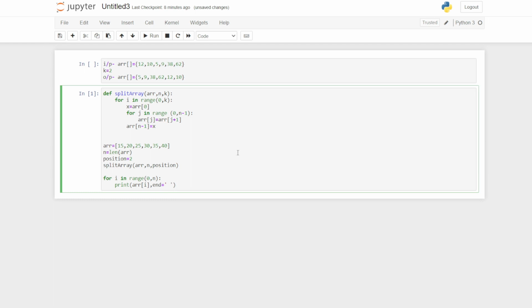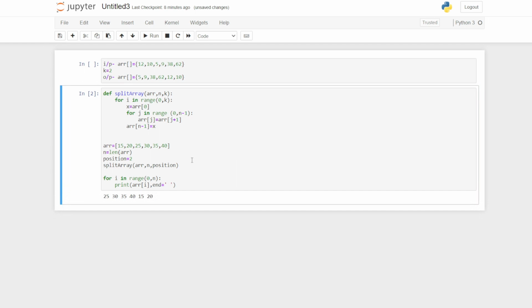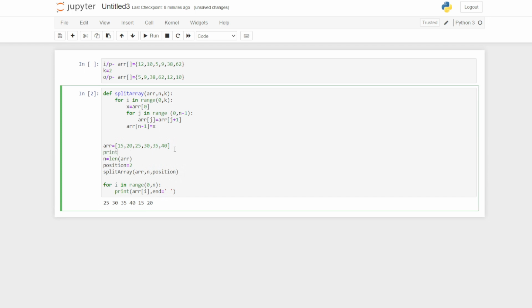Pressing Ctrl Enter, we get the output as 25, 30, 35, 40, then 15 and 20, because we have taken two positions and brought them to the back. First, let us print the initial array.